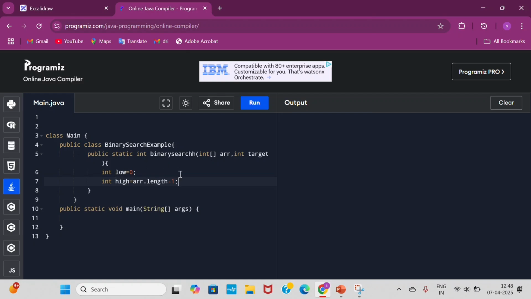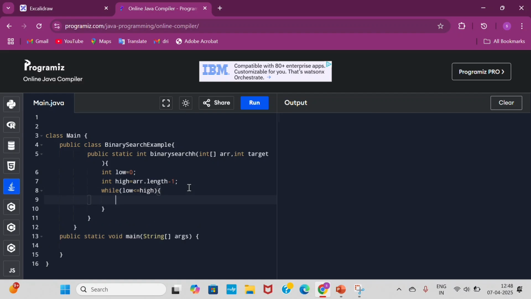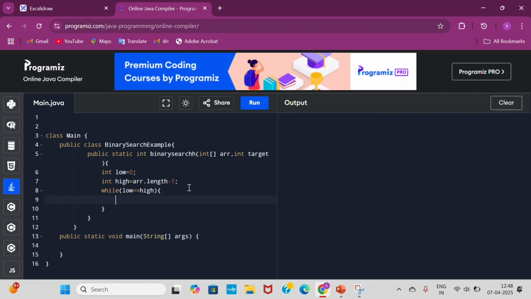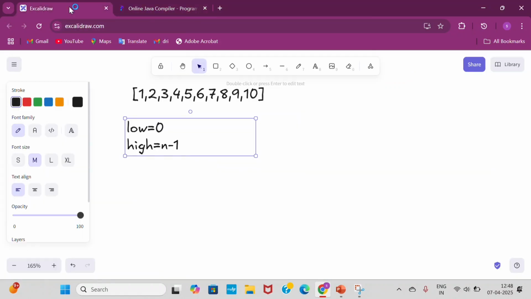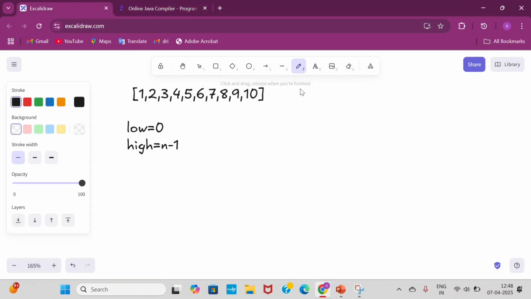Now let's write a loop here. We will use the while loop: while low is less than or equal to high. This loop says keep going as long as there is still something to search. If low crosses high, it means we have searched the whole shelf and still did not find the book. Time to cry, or return minus 1. For a detailed explanation,